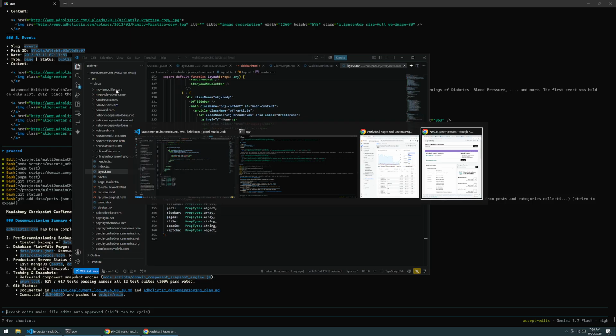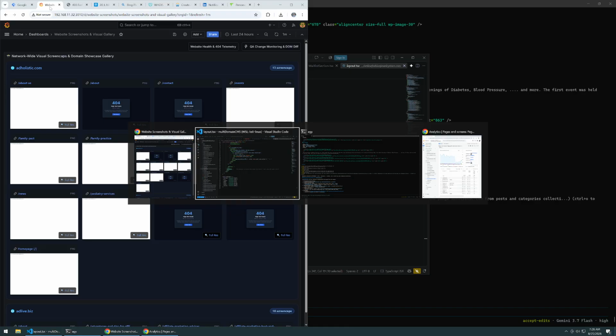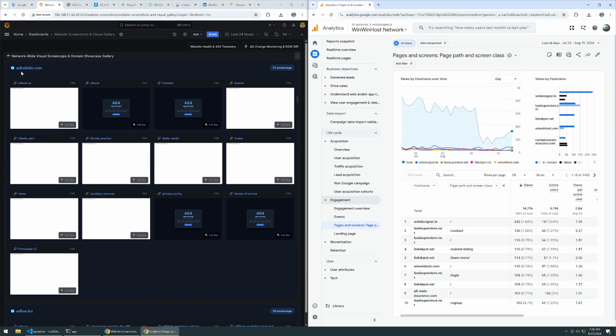And here is going to be the Grafana coming up, and that's me discovering the decommissioned domain. And Ad Holistic is the one, and I never owned it actually, but it was part of my WordPress fleet. And the way that I had gotten my content management system up and running is I did a legacy update and then import of my WordPress sites.